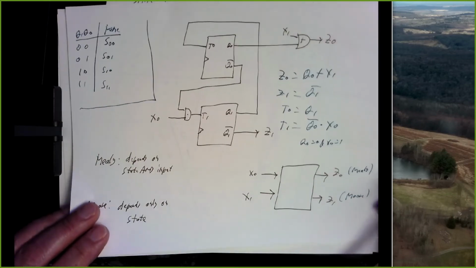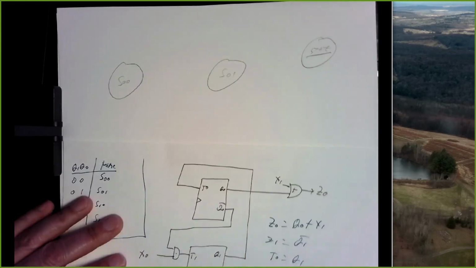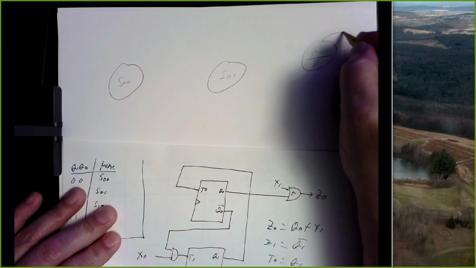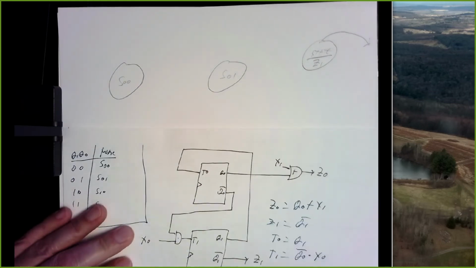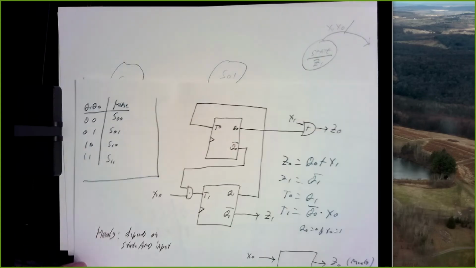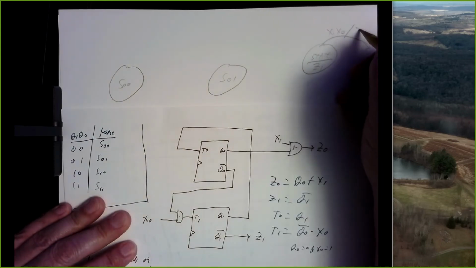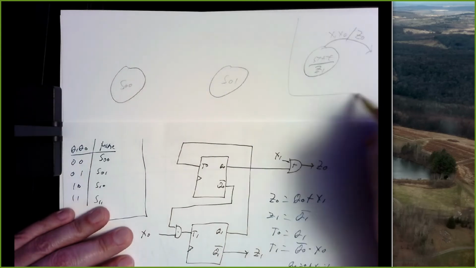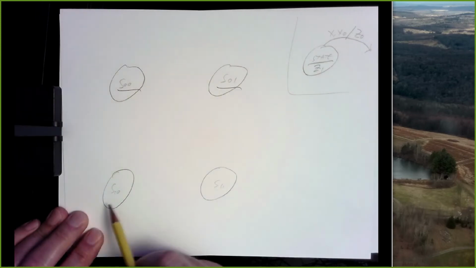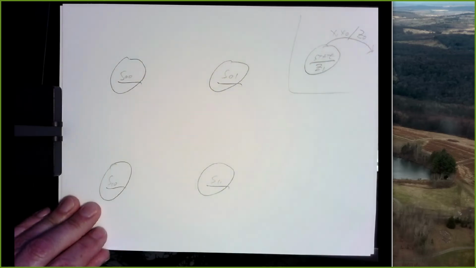So now I go back to the original analysis and say Z1 is a Moore output. It depends only on the state. So I'm going to list Z1 in here. And then on my transition arrow, I'm going to list my inputs, so I'll list x1, x0, and then I'll put a slash and I'll list any of the Mealy outputs. In this case, there's only one, which is z0. So this is how I'm going to code my information. For each state, I'm going to list the name of the state, I'm going to list the value of z1, and on the transition arrows, I'll list the value of z0.